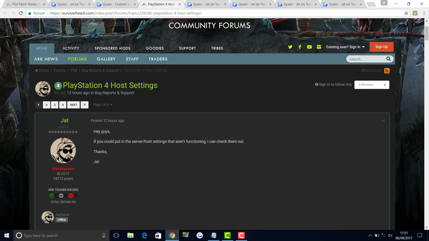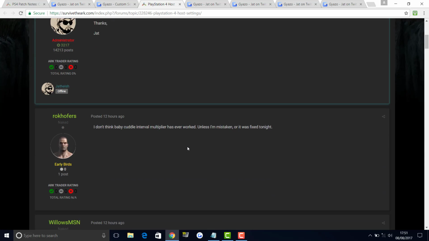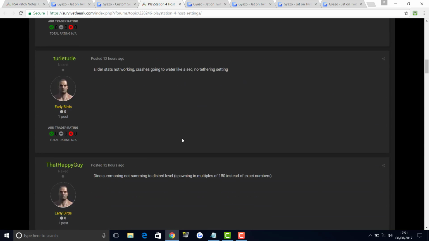So as you can see, the PlayStation 4 host settings, this is what Jack said. "Hey guys, if you could put in the server/host settings that aren't functioning, I can check them out." Thanks, Jack. So this was a post on the community forums, which I'll be leaving the link to in the description down below, where you guys can obviously click on this, and if you are having any problems that you want to report about the server/host settings that aren't functioning, you can literally just message down here